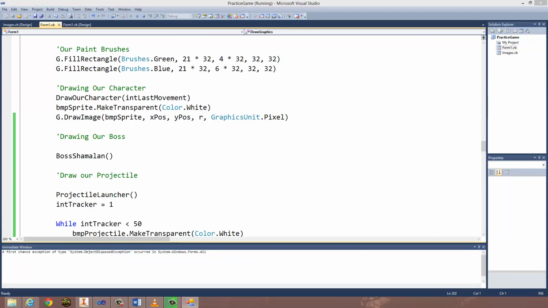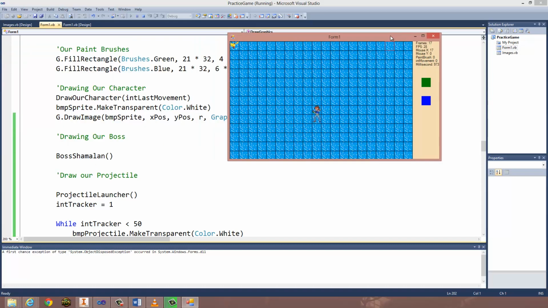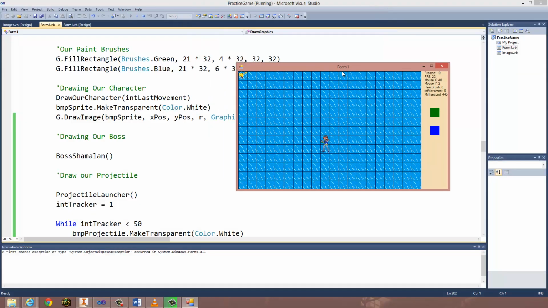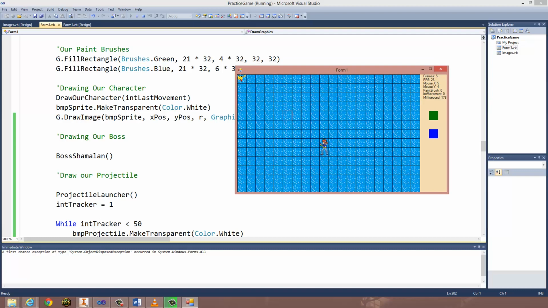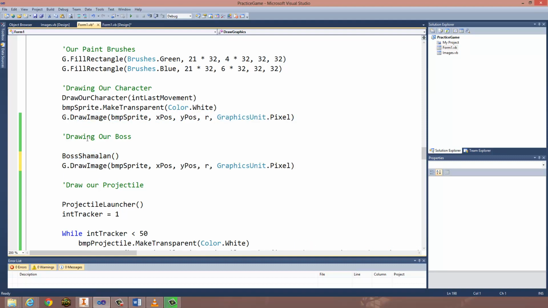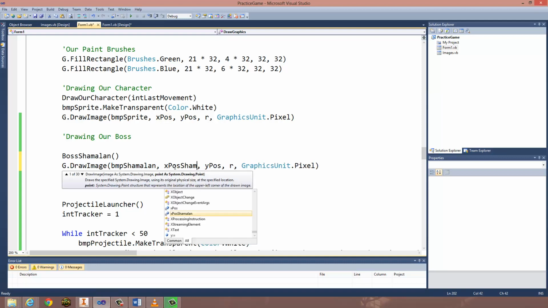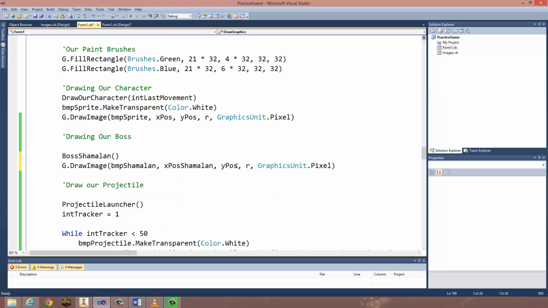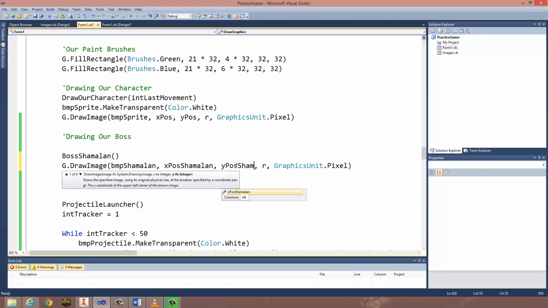So nothing right now. Let me think about this first. And I realized immediately that I need to draw it. Okay, that's quick to do. I ran Boss Shyamalan, but I never drew his character onto the screen. So let me just copy a GDraw image, change this to G Shyamalan, change his X position to X position Shyamalan, Y position Shyamalan, and I believe the rest should be fine,